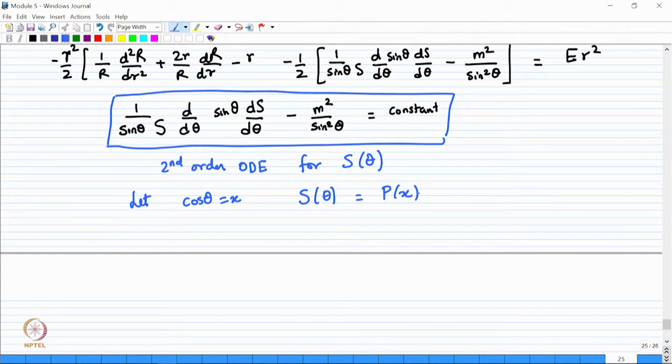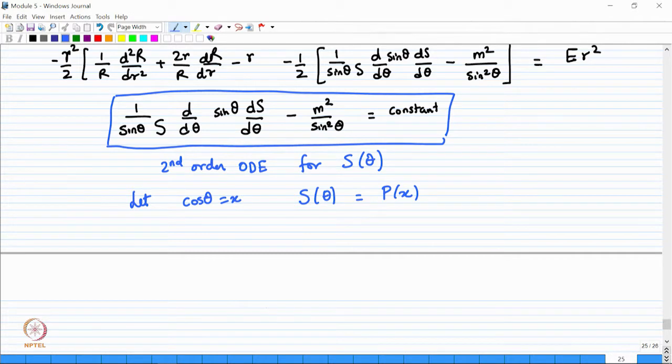So, s of theta is p of x. If you change the variable, then the function will have a slightly different form, so we will just call it p of x. With this substitution, you can substitute in this differential equation and take the appropriate derivatives, and then